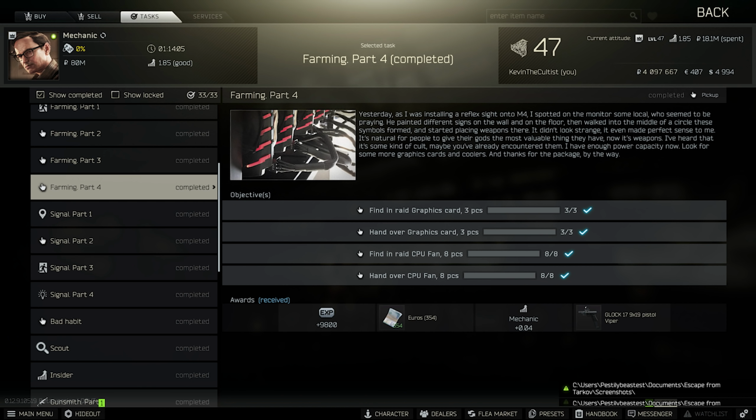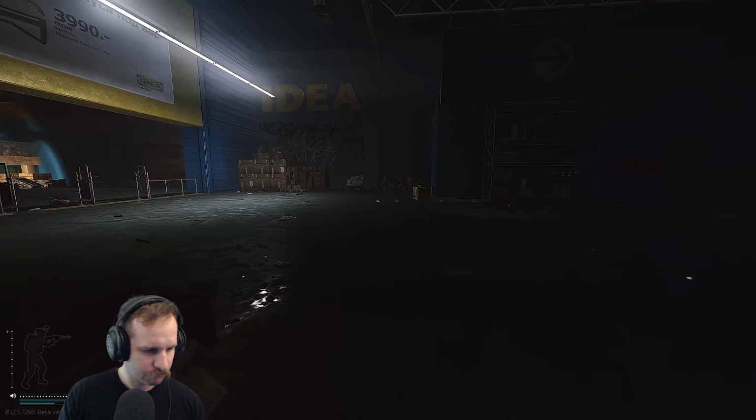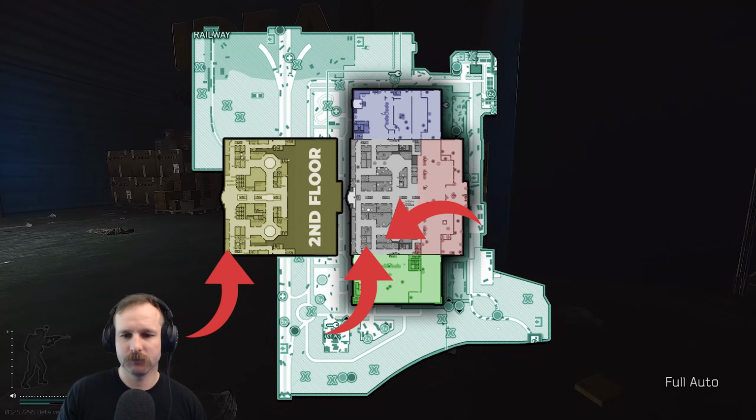For this quest, you need to hand in 8 found in raid CPU fans. So when you're searching the computers, pick up the CPU fans as well. And 3 graphics cards. Now, the graphics cards can spawn in multiple locations throughout the game. You can craft them in the hideout at the intelligence center. But the best places to get the graphics cards is the tech stores within Interchange, or you can sometimes find